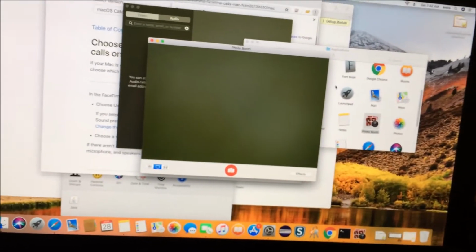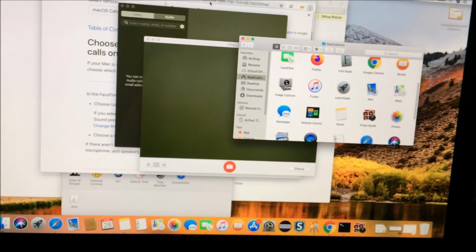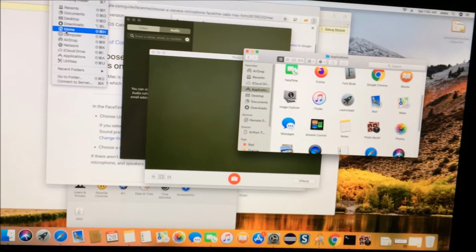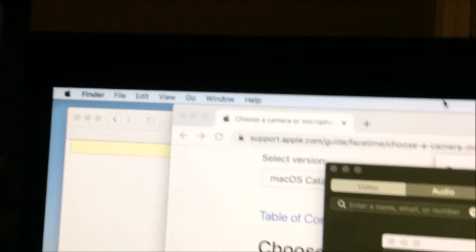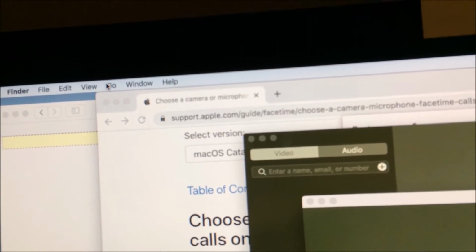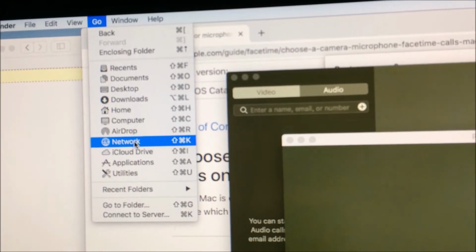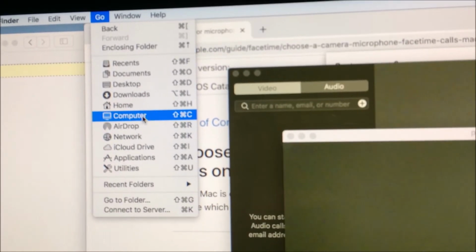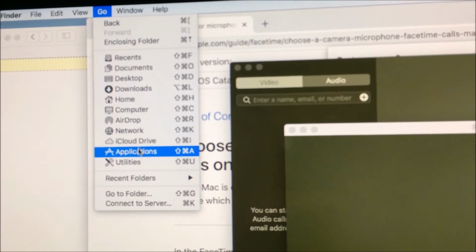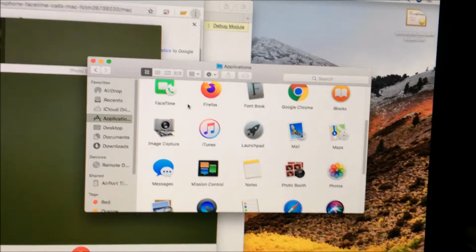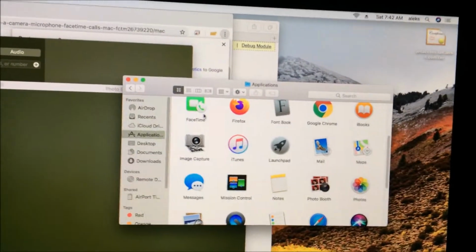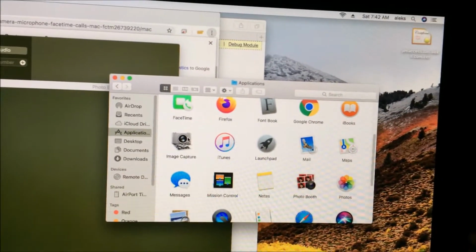So let's say on here, you can click on your desktop once, and then click to go. Oh, where's Applications? Yep, like I said, I'm a rookie. So here are your applications, and two apps that you can change, or three, are FaceTime, Image Capture,